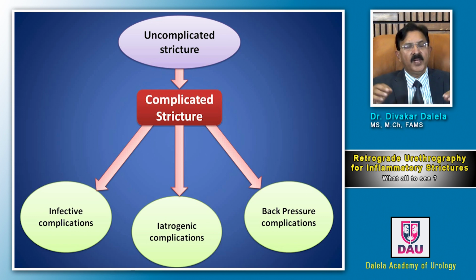So the point I'm trying to make is that when you see an X-ray picture of a stricture urethra of inflammatory origin, you have to see these 3 components: morphology of the stricture, etiology of the stricture, and extent of the stricture. And by extent I mean uncomplicated disease or complicated disease, and you will have all these things coming out of the film, but you have to have an eye to see all these things in a systematic manner.